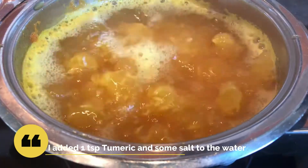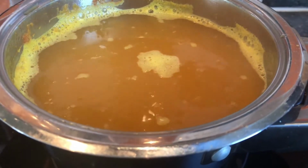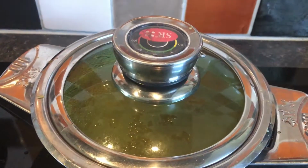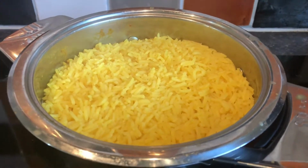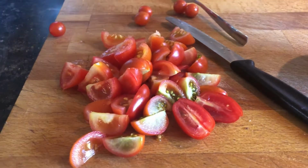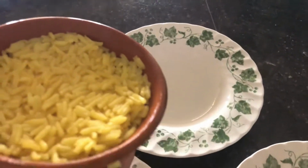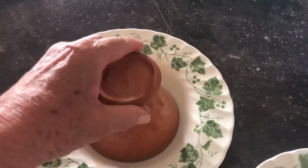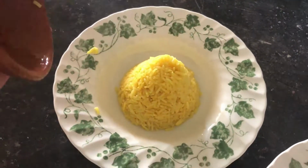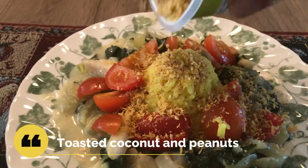Right, time for the rice. Bring it to the boil. Turn it right down. Lid on. Looking good. And this is looking good, all heated up. And the tomatoes from my tomato plant, all ready to go. Right, there it goes. Just like making my little towers. And for the finishing touch,